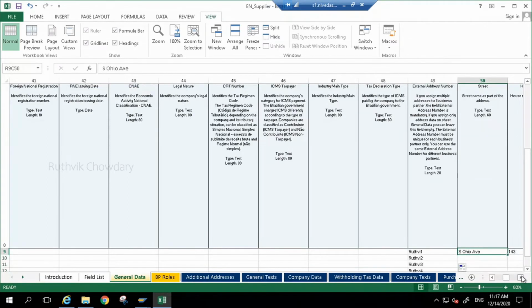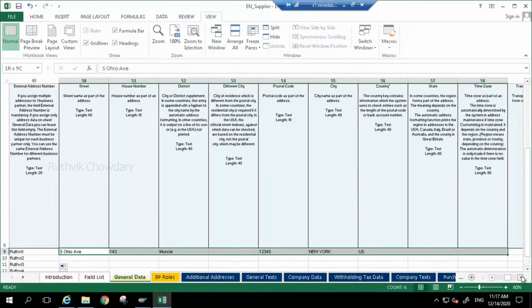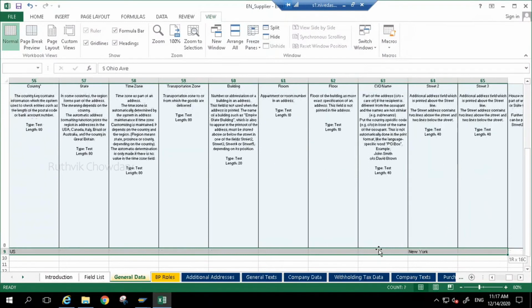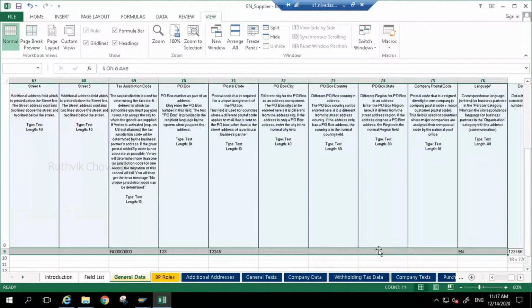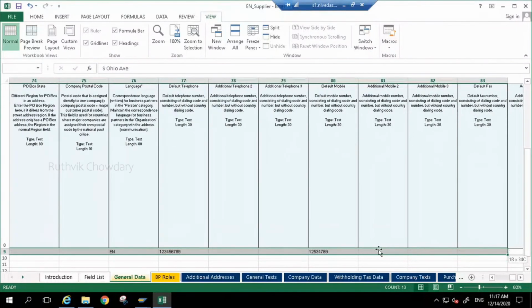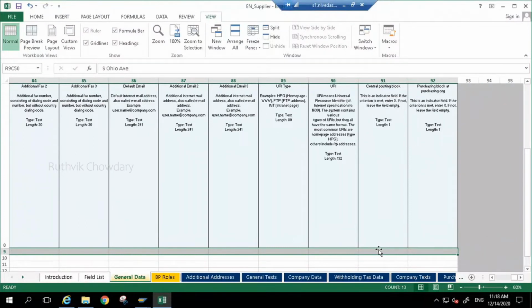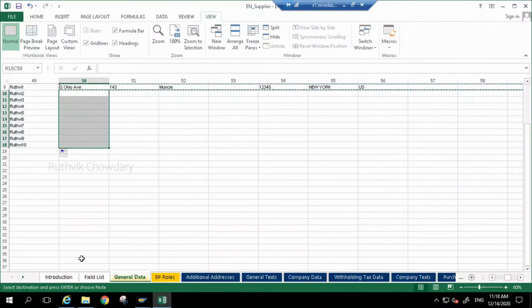Done. So here address, all the things are there. I will keep everything common for all. Country, here you can see country, star mark is there. And language. Okay, so I keep copying all these details, I'm doing the same.